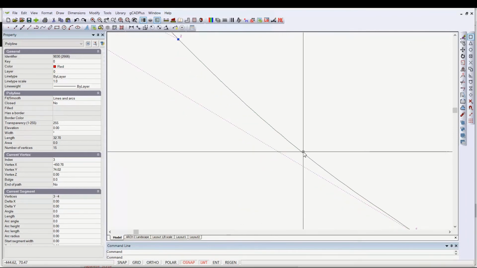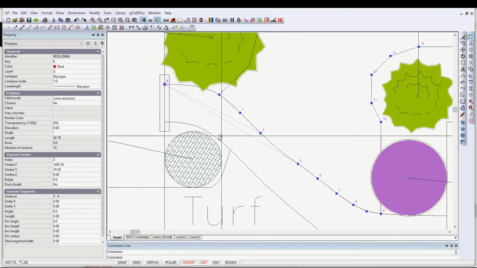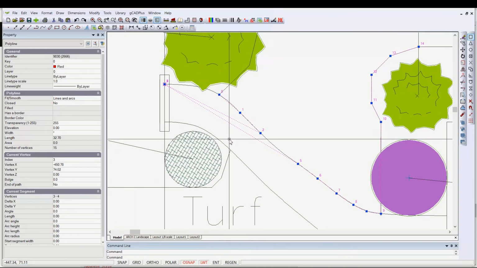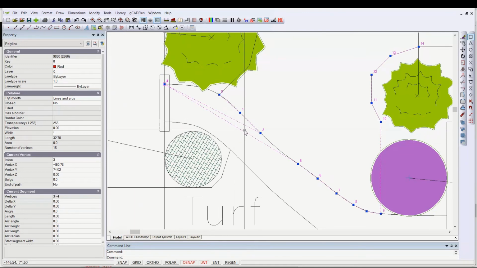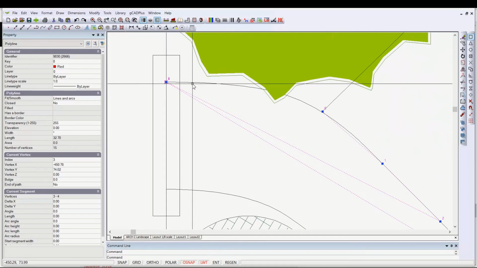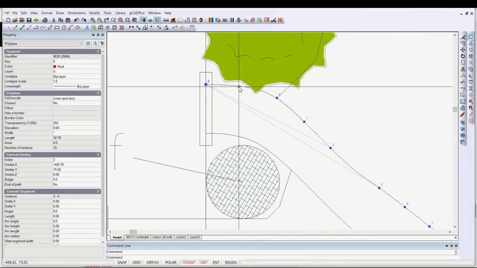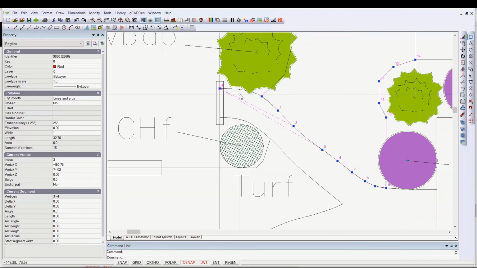And whoops, something's happened. And if I zoom back out here, can you see that vertex that I was just trying to move has jumped to the end of the existing entity that's underneath it? And that can be a trap. So running Object Snaps on is fine and speeds drafting up many times, but there are times when you might